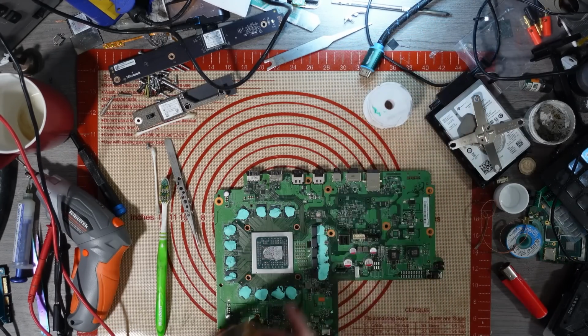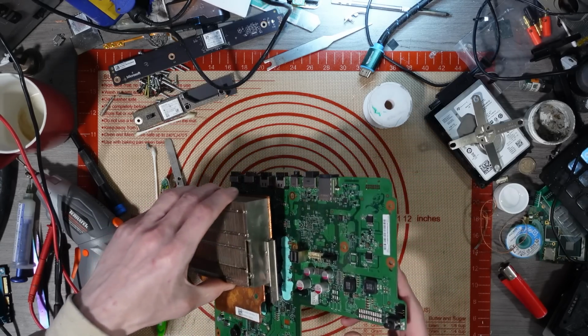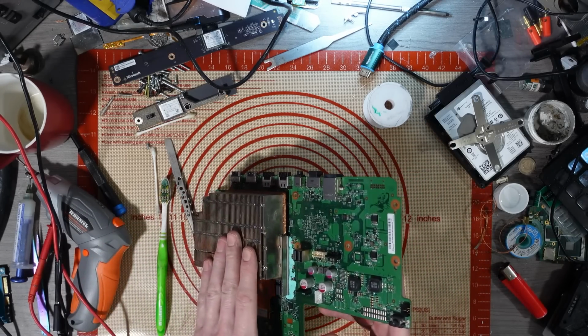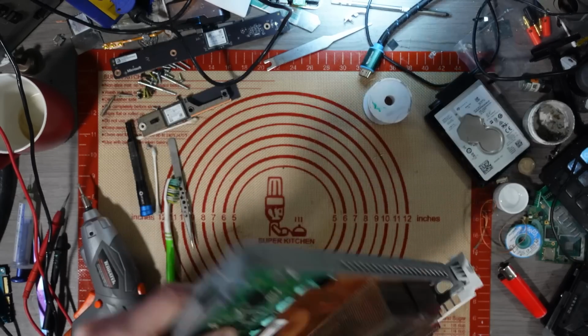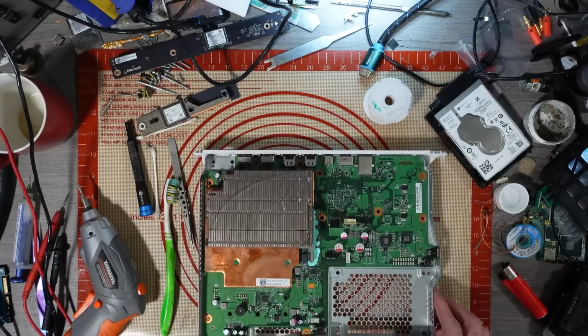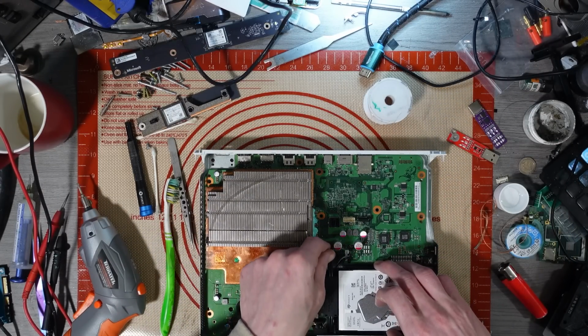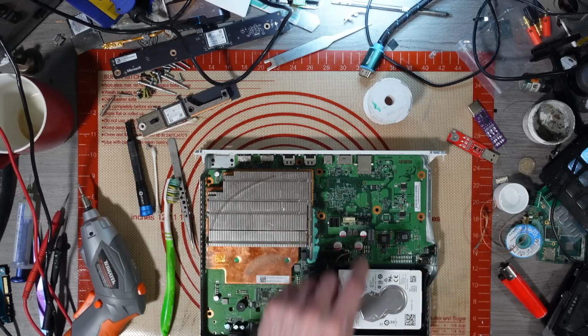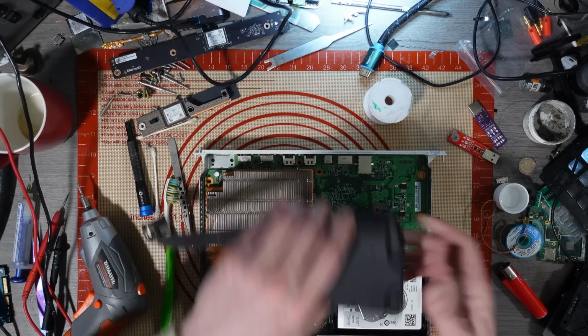There we go. Yep, that's got some viscous paste on it now, so at least the RAM and VRMs will get kept cool. Right, I'm not gonna screw this back together just yet. I'm gonna test it with this hard drive just to double check, but the customer said he thinks that he needs a new hard drive, so